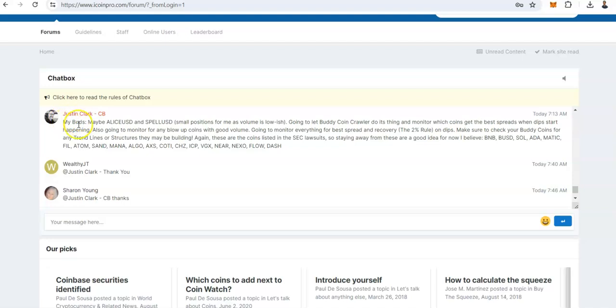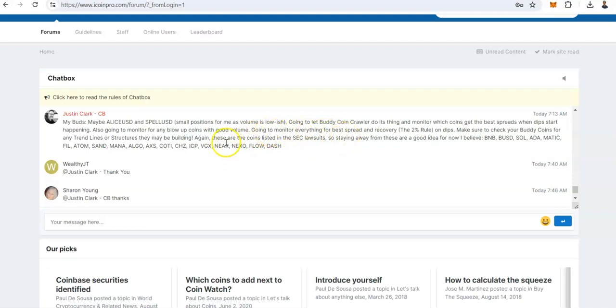So right here is what I look for, where it says My Buds, and he's saying Alice and Spell, and he's saying small positions for me as volume is lowish. So you'll learn what kind of volumes you want to trade inside of iCoinPro, and he says that these coins are in an SEC lawsuit, so maybe go ahead and avoid these coins, but it's your portfolio, it's your money, it's up to you, so it's no guarantee of anything,